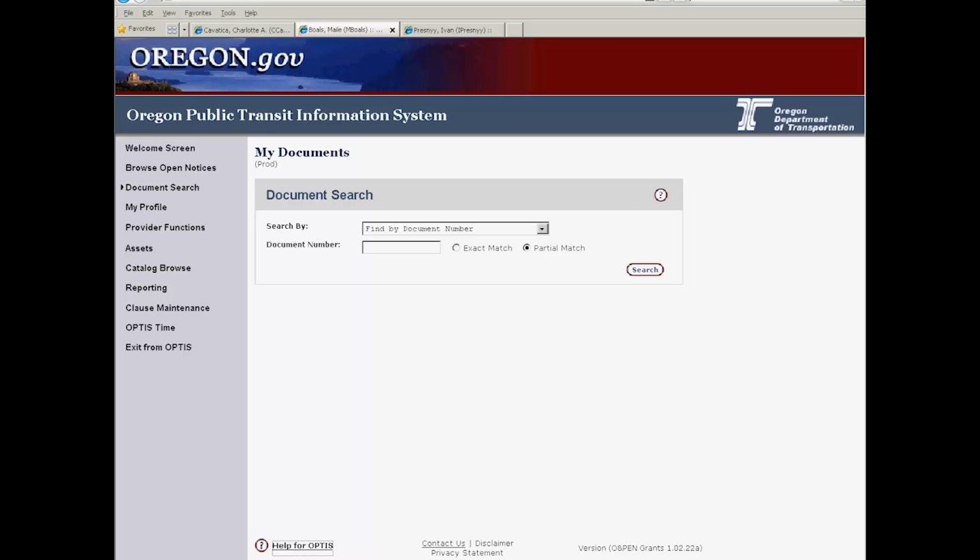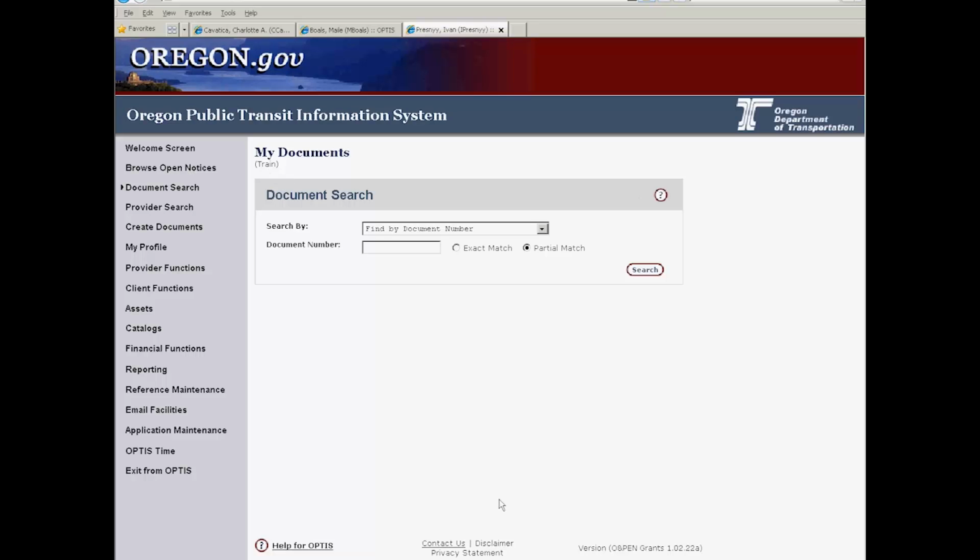Okay. I wanted to show you real quickly, how do you know if you're in production or training? Because some people think they're logged into one and they're not. When you're in production, like I am here, it says PROD. If you're in training, it says train. So it could be confusing right off the bat if you're still maybe spending some time in training, practicing and stuff, and then you want to go do it for real. And sometimes you have them both open at the same time. You're not sure where you are. But even if you go into prod and do something, we can fix it, so no problem. I gave you your production logins.